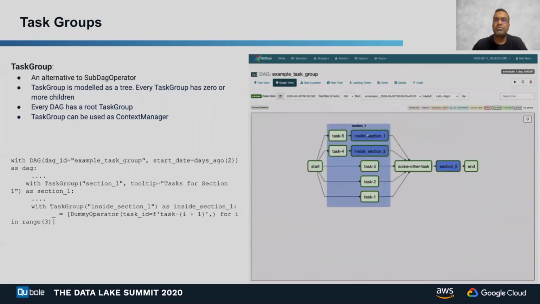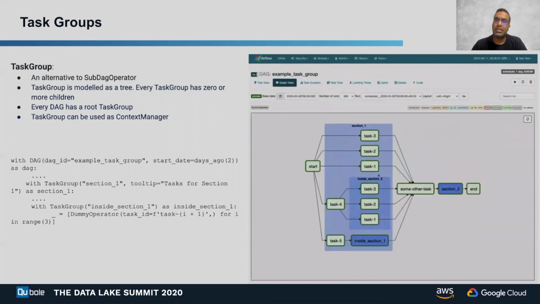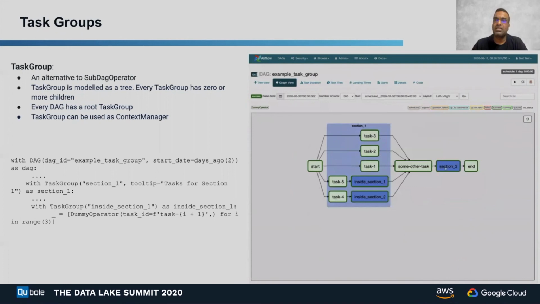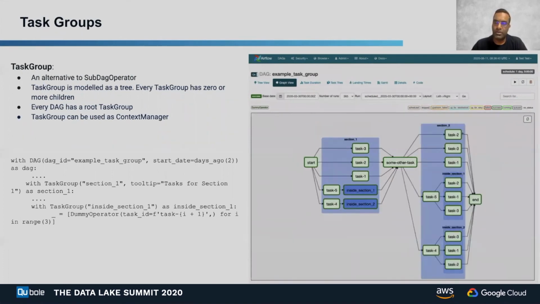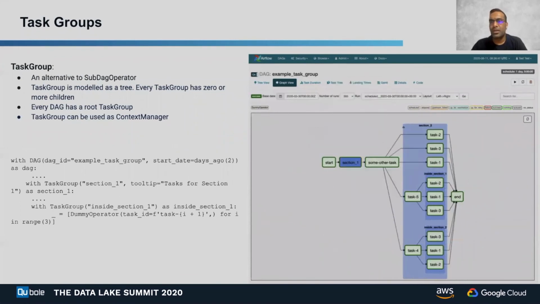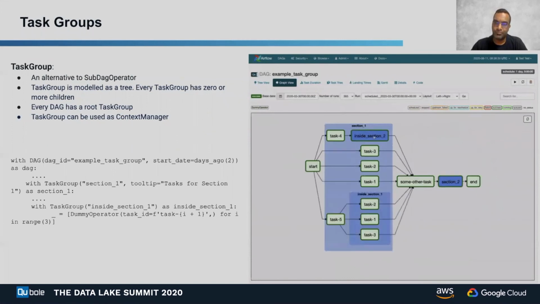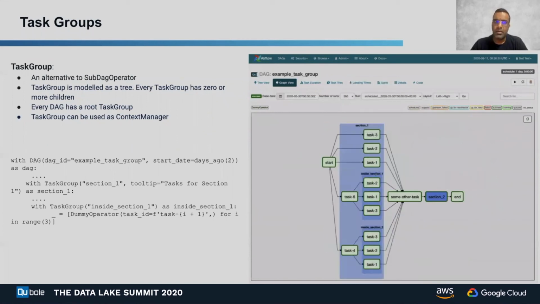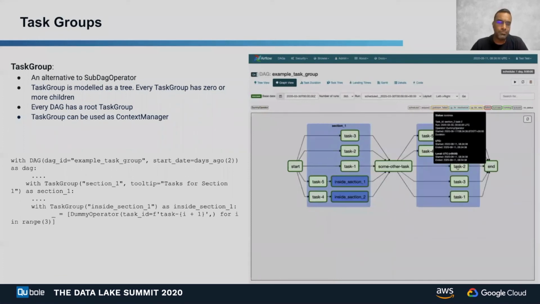And these task groups can be used as a context manager to easily create the children. And I think you can do multiple levels of nesting also. With subdag operators, you can do only one level, but with task groups, you can do multiple levels of task grouping. So in the example code, you will see that